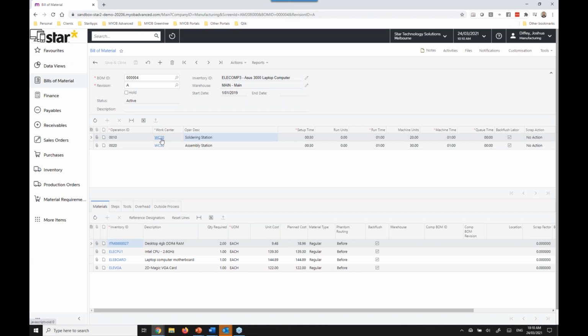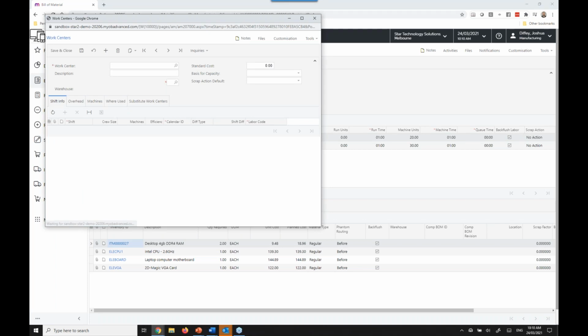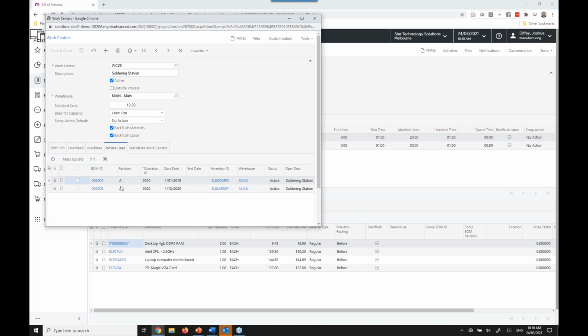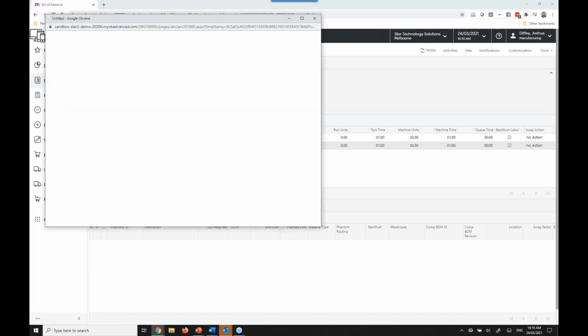If I was to have a look at just one of these workstations, we'll look at the soldering station to begin with. You do have the option of defining what kind of capacity limits you've got. So is it based on the number of people or the number of machines? Is there a cost method that we're going to use? Are there any overheads that you need to consider? And which machines you might be using at each of these stations and where it might be used. So I can see this soldering station is used on 2 separate bill of materials. If I just compare that very quickly with my assembly station,